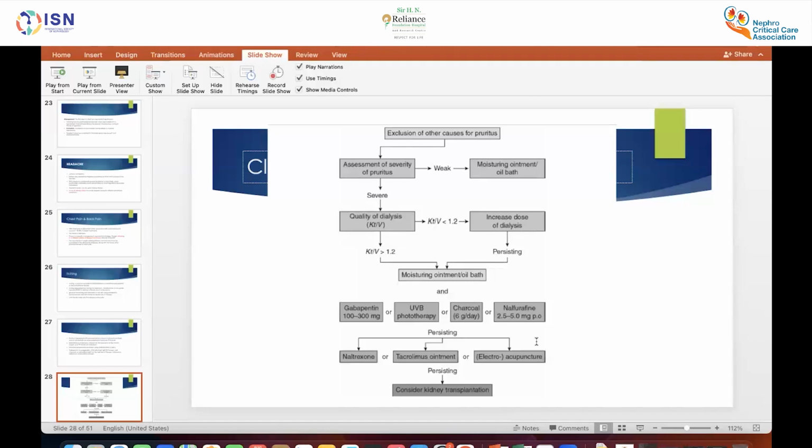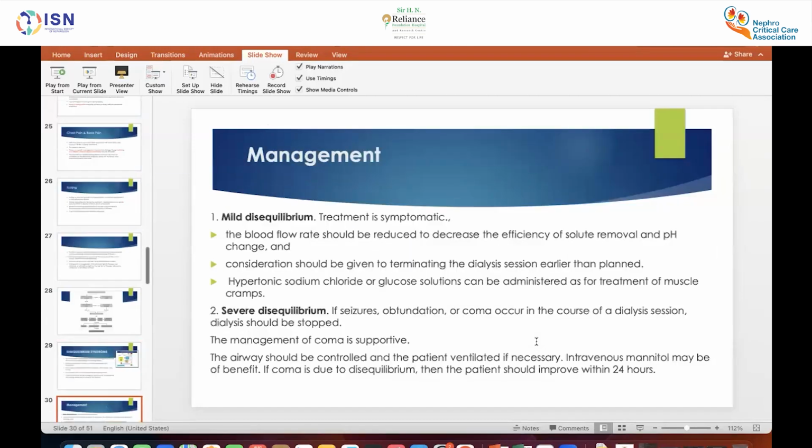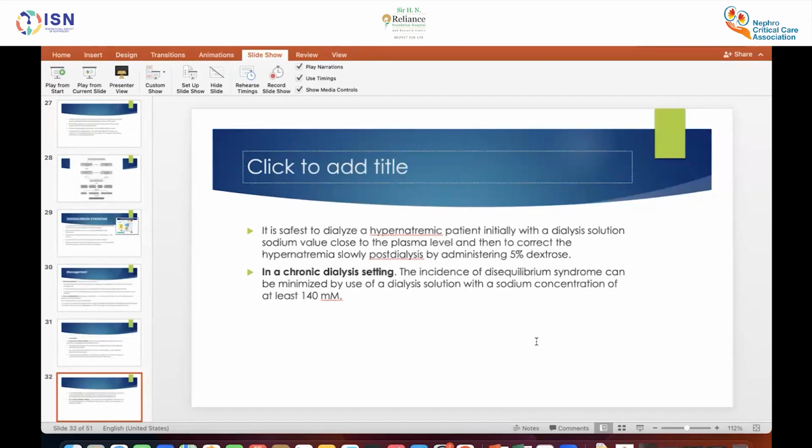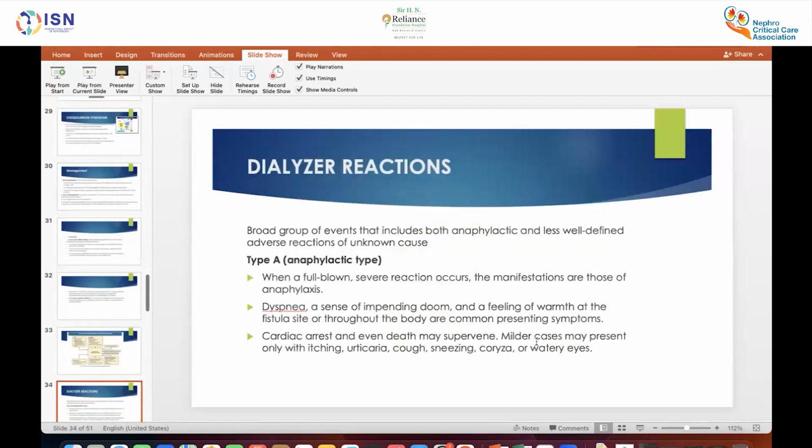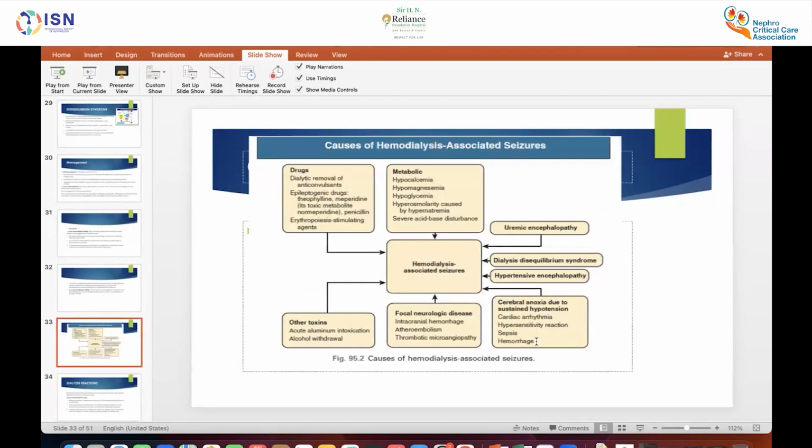Then another thing is seizure. You have talked about this one. You have said quite nicely all those parameters which should be looked into when there is a hemodialysis related seizure. But most often what we see in our clinical practice is basically